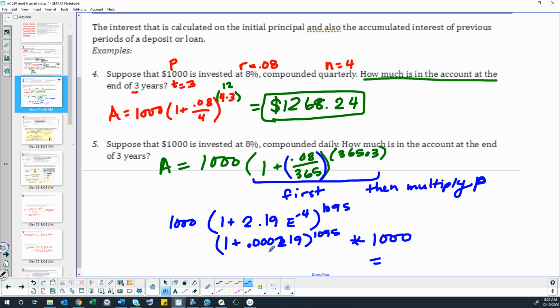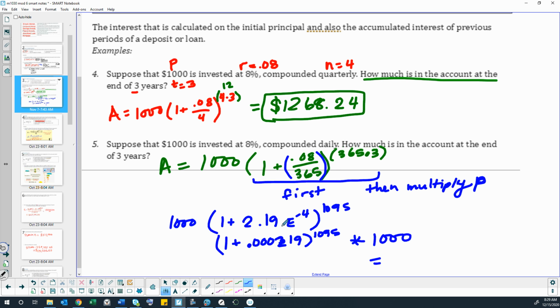Okay, so do you see how I just started doing each piece separately and writing it down? That way, if your calculator is doing something wonky, you're not getting the right answer. If you do it piece by piece, then you know personally that you're doing things in the right order, even if you're not sure what order your calculator's doing things in, and that should help. So then when I add those together, I get